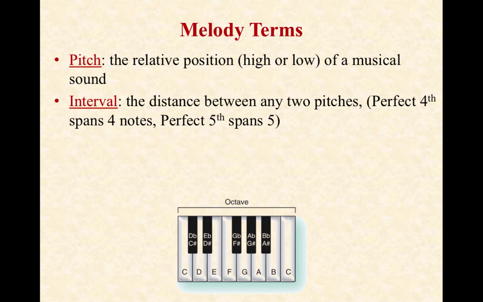Counting down from C, we go down in the musical alphabet: C, B, A, G. I'm ignoring the black keys. An interval is the distance between two notes, or pitches. So G, a perfect fourth, spans 4 notes. If we look down from C to F: C, D, E, F, 1, 2, 3, 4. This person's thumb is on C and the pinky is on the G below it.